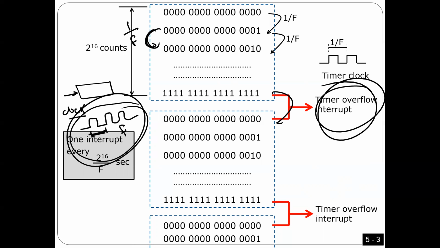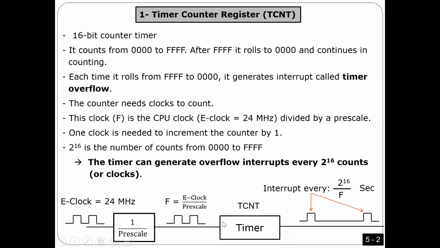How? Very simple. The clock here, guys, is our system clock, which is 24 megahertz, as you see here. Then I'm going to divide it by what we call prescale. This prescale can be 1, or other values. This is something you can control, whatever speed of counting you want. And this is the clock I'm going to use for counting. So what is prescale?